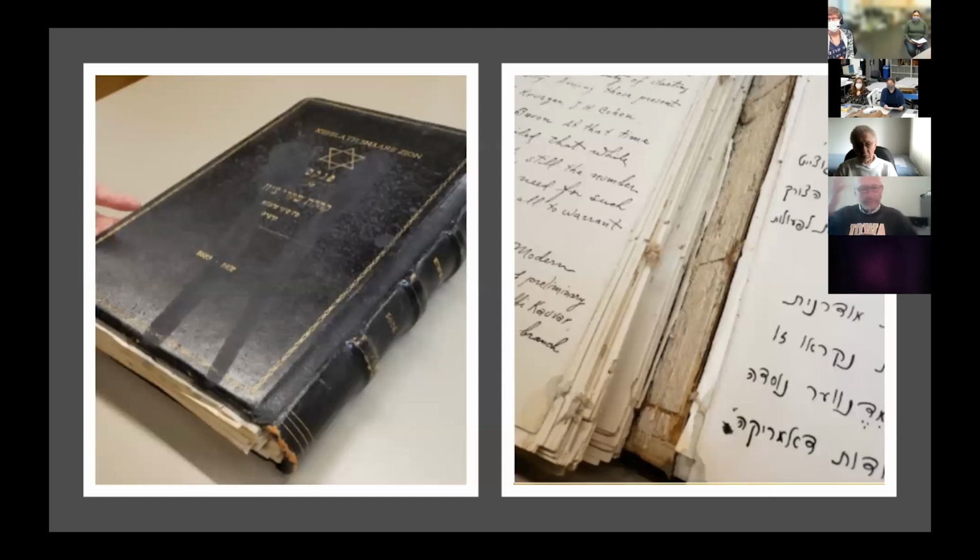But we did want to show a couple examples on our PowerPoint of some things that we do come across and talk a little bit about what you might do with them. So this is a Torah from a local congregation that was donated to us. And this has great value for the institution. It has great sentimental value. In this particular instance, if you had a family Bible or another large volume like this at home that was in similar shape, this is something that I would recommend you actually take to a conservator,